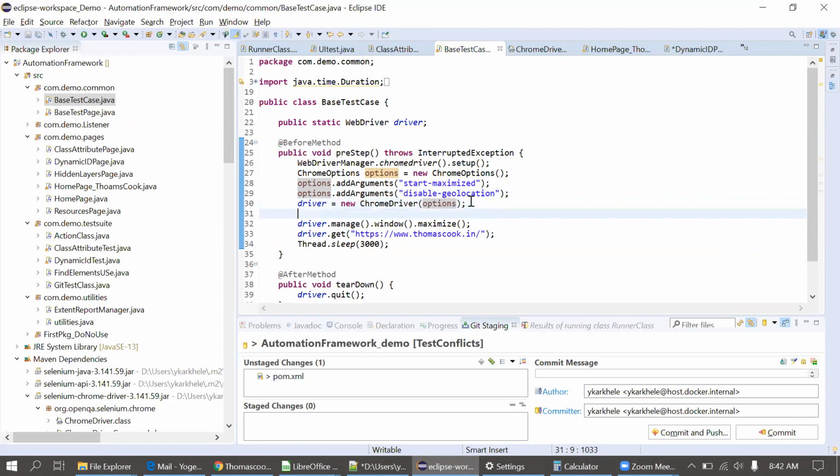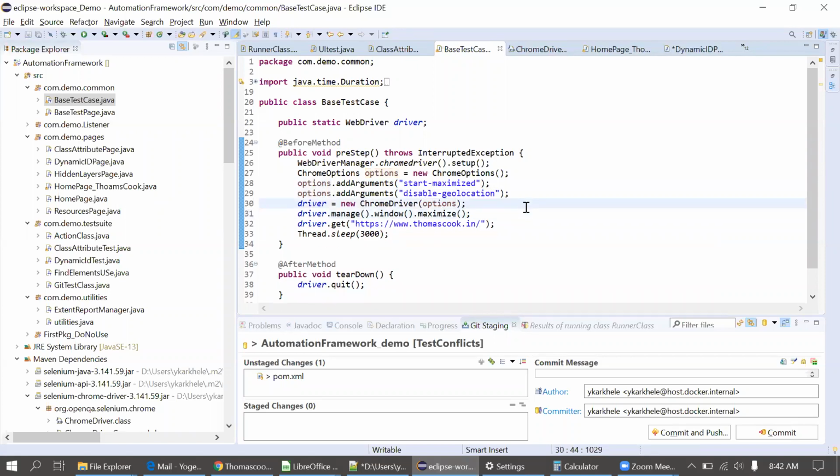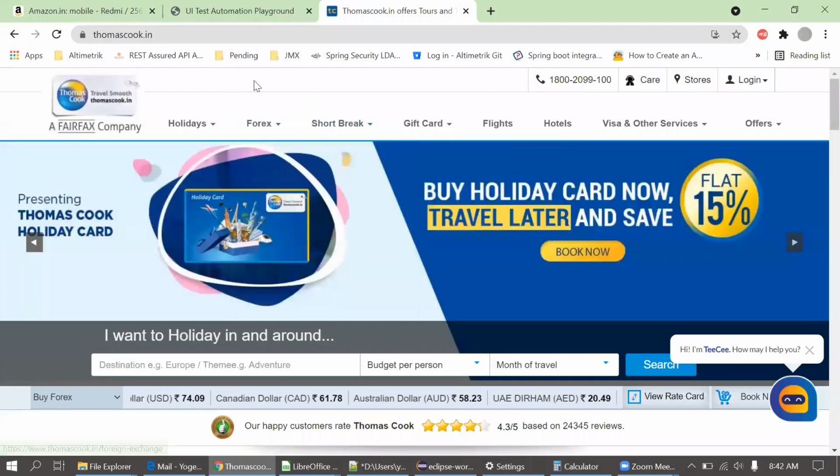Previously I have written the code in this way. Okay, so now I have just added these options and I have added this class. Okay, you have to remember this part again. So I'm deleting the extra line that I have added now. Okay, so that's done.